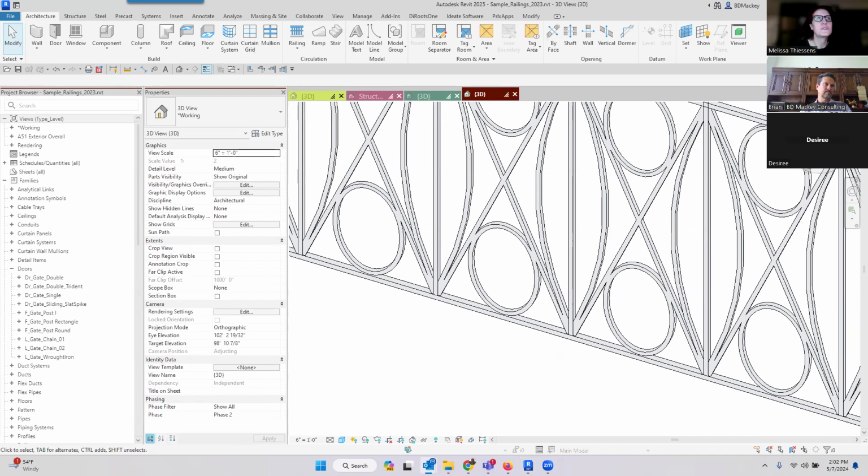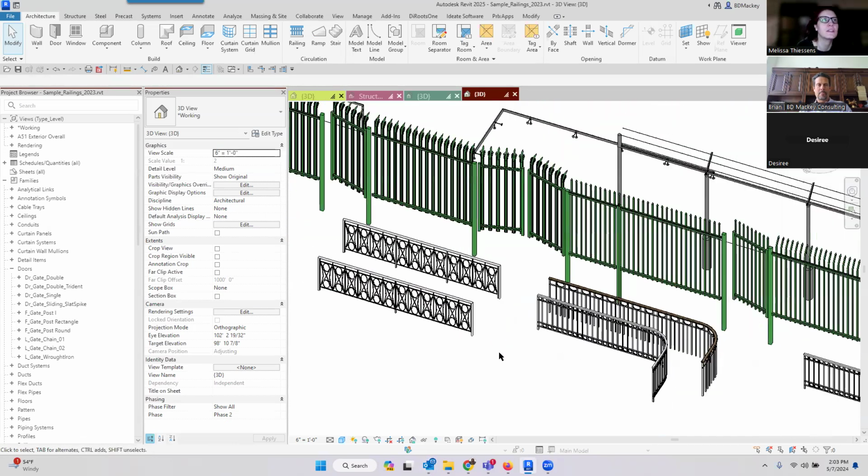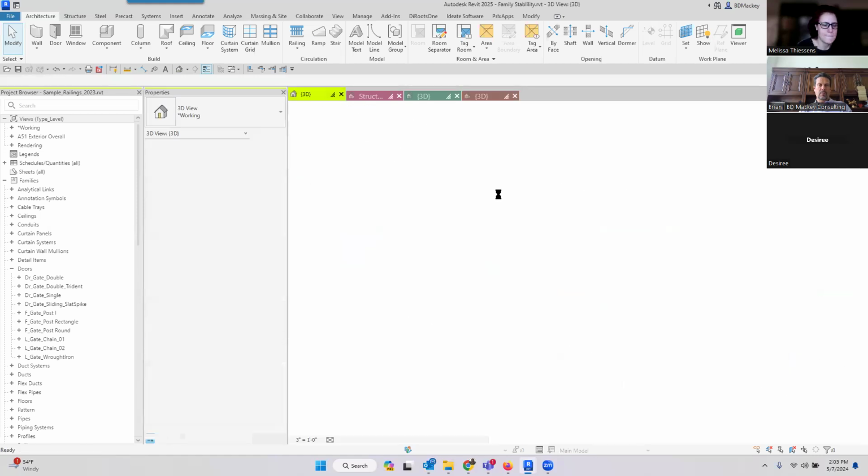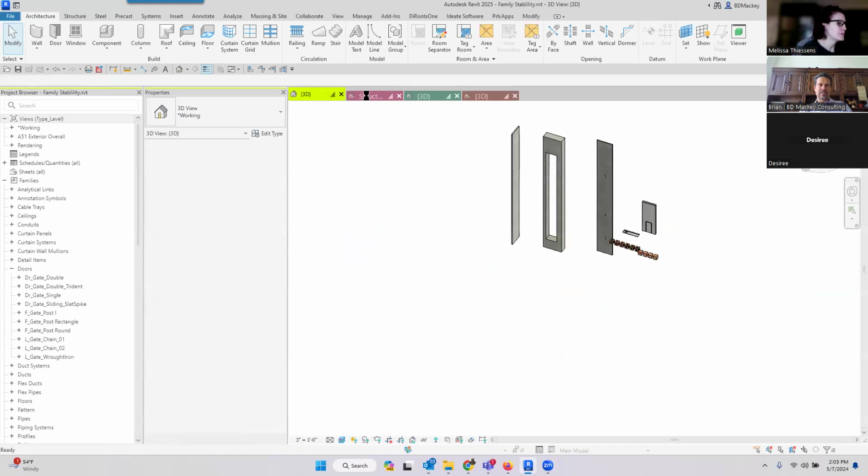We have one from Trevor saying, if I move a wall in a section view, I will lose tags or dimensions associated with the wall in plan views. Is this common or am I modeling incorrectly? You are not modeling incorrectly. The key word is you said you're moving. If you are in the move command,